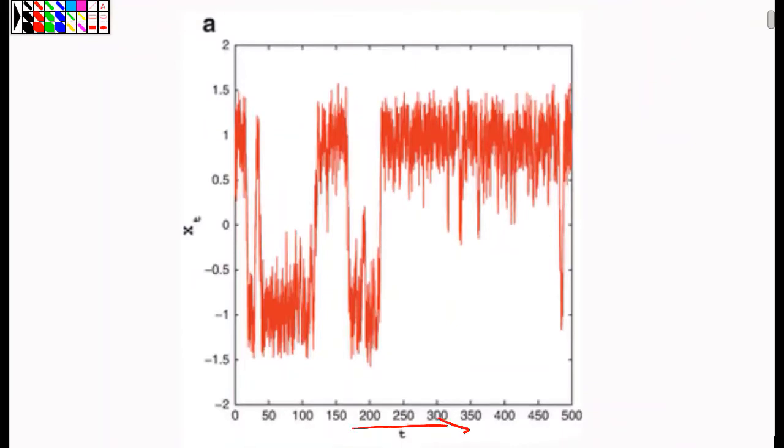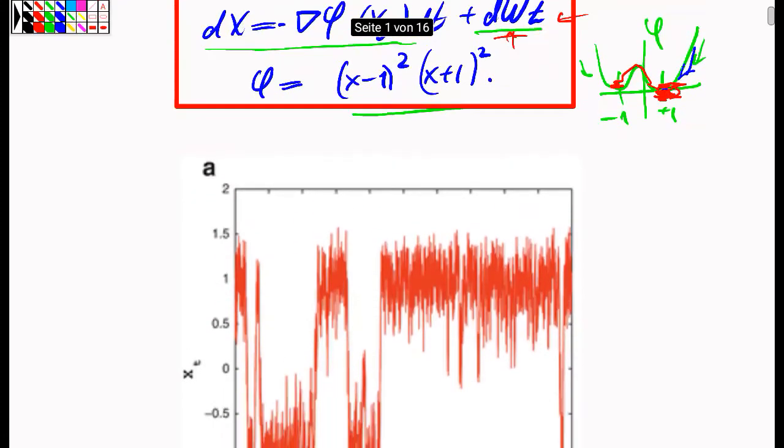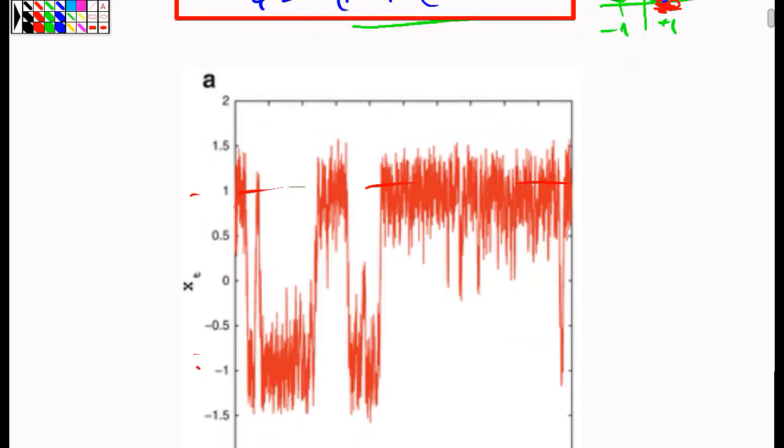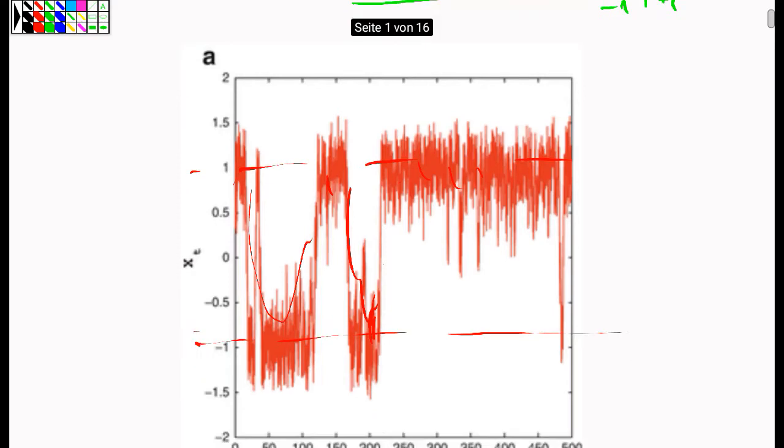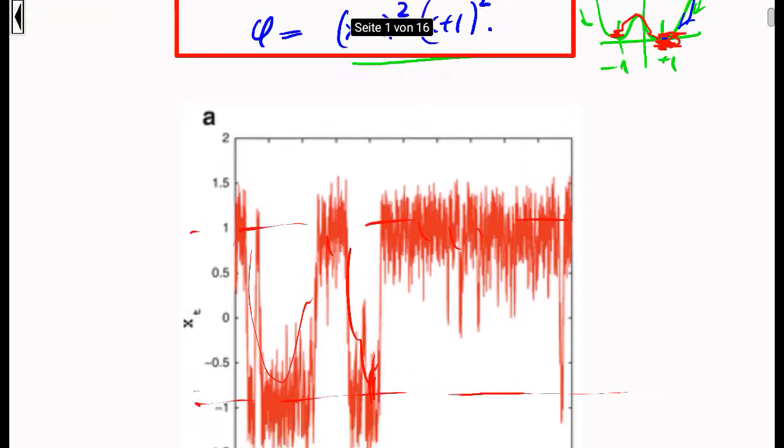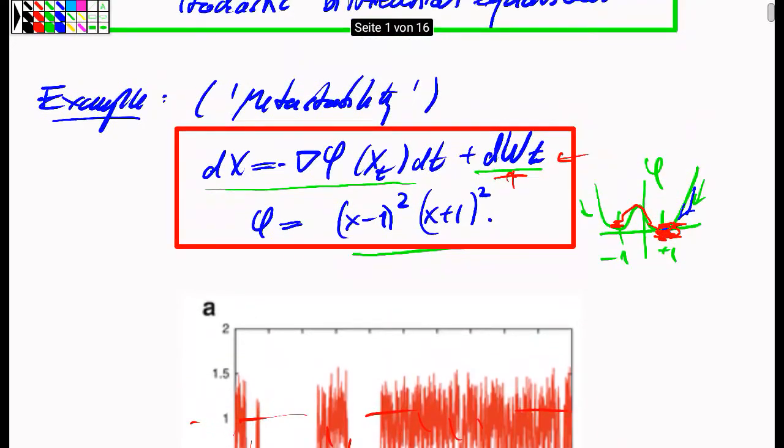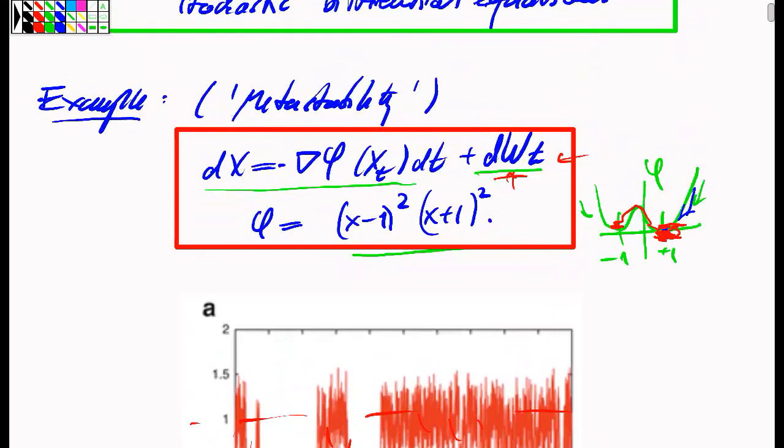So that's the time axis, and that's the location of your particle which is described through this dynamics. So you see that these are the two locations where the function phi is minimal, and then you see that the trajectory really stays in one of those points for a while, and then from time to time it changes the basin of attraction, and then it fluctuates there. This is a very typical and probably one of the most simple stochastic systems which show this metastable behavior,